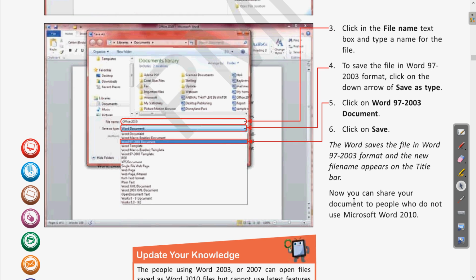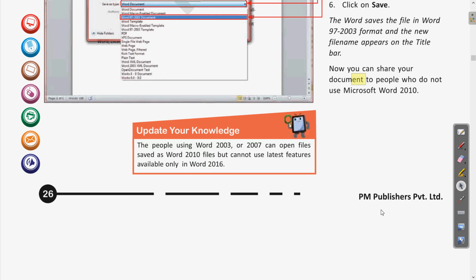Now you can share your document with people who do not use Microsoft Word 2010. Clear? As the file is now saved in 97 2003 format, it can be shared with anyone who is using the previous versions of MS Word. Okay. Let us read this, update your knowledge as well.